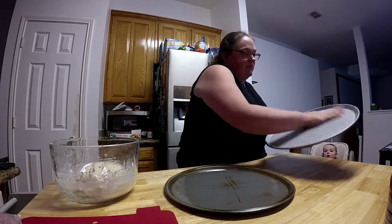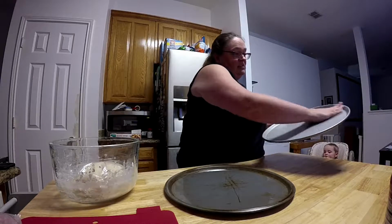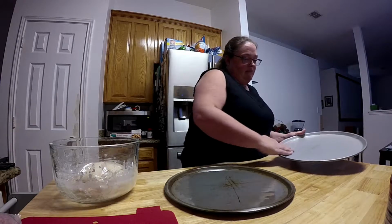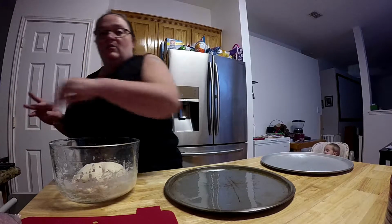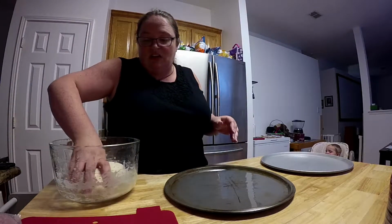This helps keep the crust from sticking to the pan, so that when you're ready to serve it, you can get it off without tearing the crust all over, leaving part of it on your pan. And I've already started the oven preheating. You want to preheat your oven to 425 degrees. These are going to be